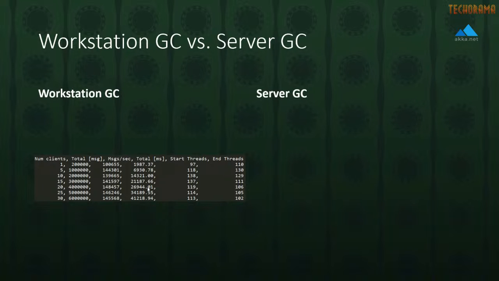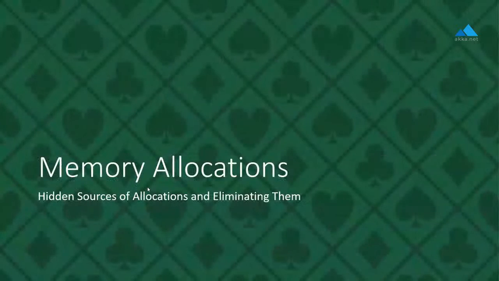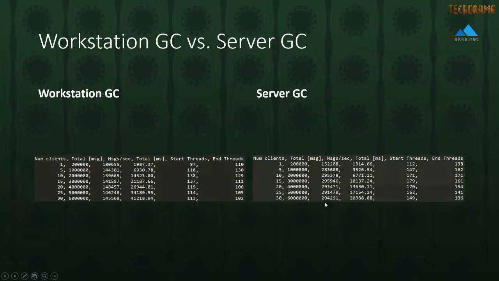And that's true when we scale the load up and increase the parallelism and the threads. That number stays pretty constant. On .NET Core 3.1, when we enable server mode garbage collection, we're now doing about 300,000 messages per second rather than 145,000. So you're looking at a 2x improvement in total throughput inside the system.